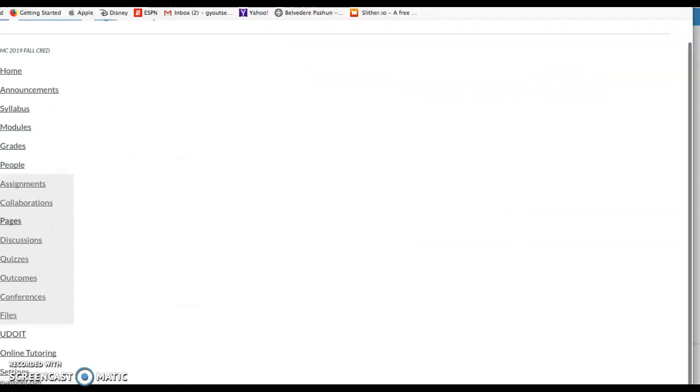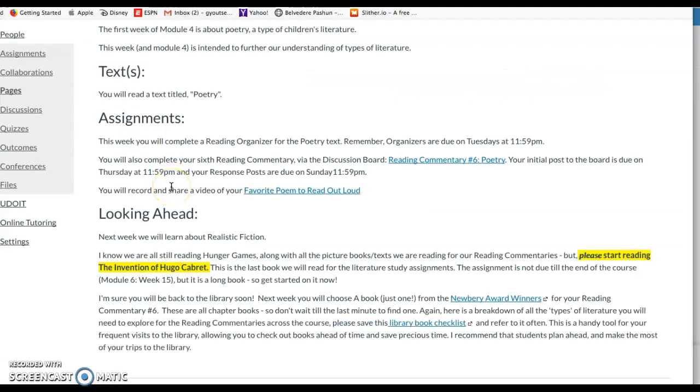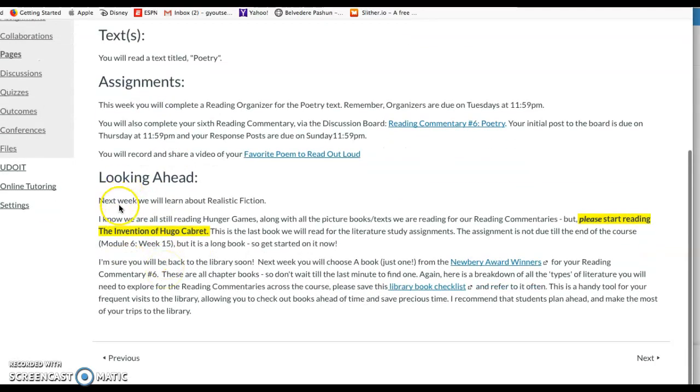All right, everybody, so that is what's due for week 1 of Module 4. But as we look ahead, we're going to go into realistic next week. So you should be in the process of reading The Hunger Games. I know that I mentioned it in my videos in Module 3 to get started, but it is essential that you are in the middle of reading that. If you are not, then you need to go get Hunger Games today and start reading it. Please don't just rely on the movie. It is not the same.